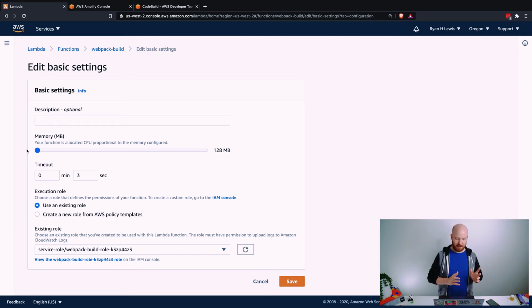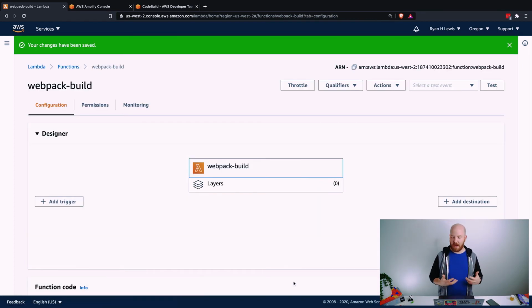So with a Lambda by default, it has 128 megabytes of memory and 1 virtual CPU, which is not a lot at all. So a lot of times this is not enough to run Webpack in an amount of time where it becomes feasible. So you can bump up the memory here to something around 1 gig, and then go ahead and bump up the timeout as well to 30 seconds, just so you don't run into any of these issues. When I had it at this, Webpack completed in about 20 seconds.